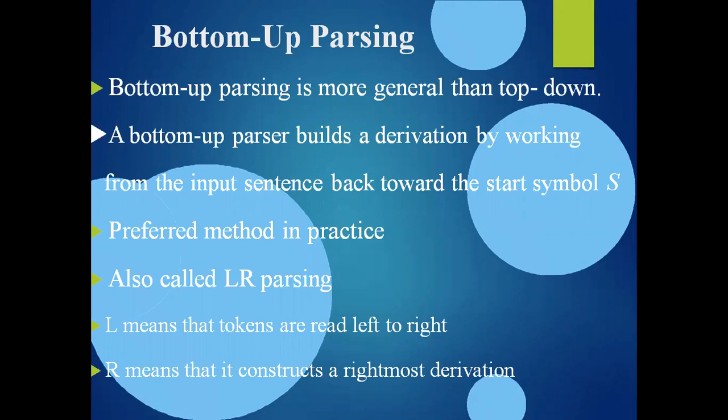What is the definition of top down parsing in a single line statement? Top down parsing goes from root to leaves. What does it mean? Deriving the parse tree from root to leaves. That means starting with the starting symbol from the given grammar and ending with the input string that we need to generate, right? But when coming to bottom up parsing, here it is in reverse. Taking an input string and generating the starting symbol of the given grammar from that input string, right? That is nothing but bottom up parsing.